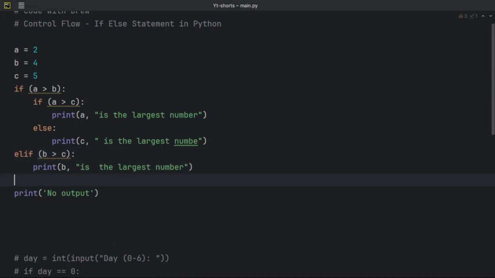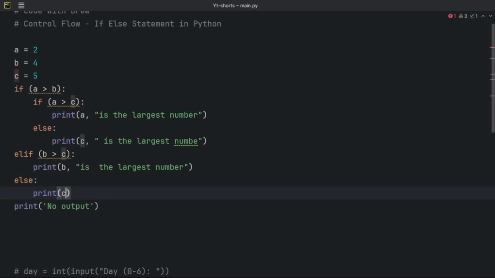But if A is not greater than B and B is not greater than C, then we have C as the largest number. So in this situation, C is the largest number. We should have a comma here. So if I go ahead and run this,